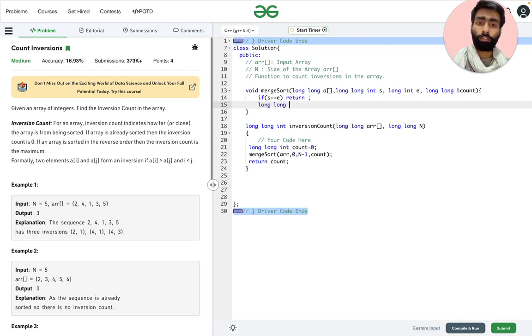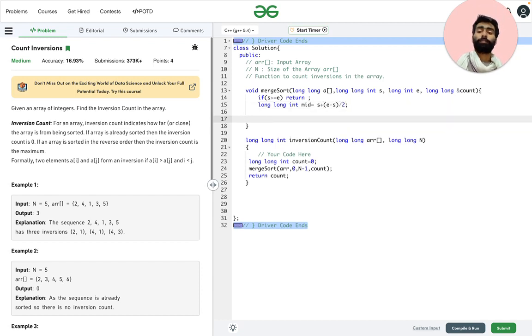So long int, we need the mid for the same. The mid is equal to s plus e minus s over 2. This is the formula for the mid. So we need to recursively call the merge sort. Here we will pass again the array, the start index, the end index, and count.